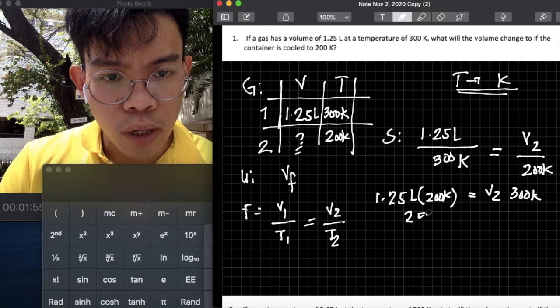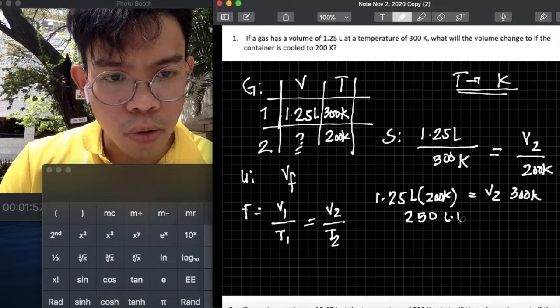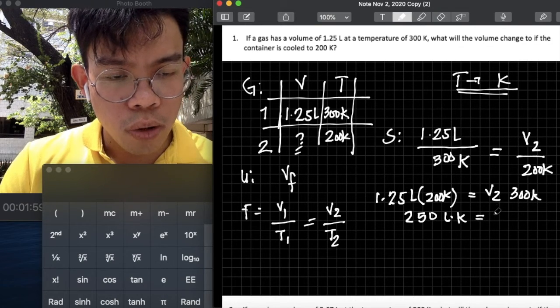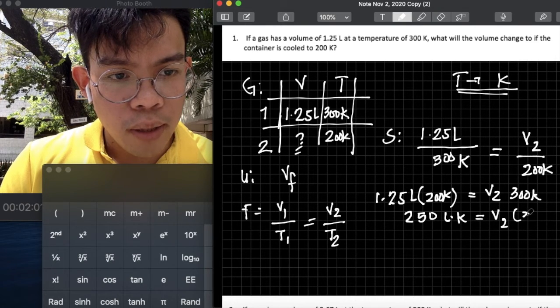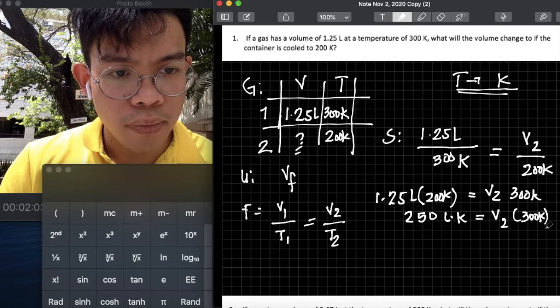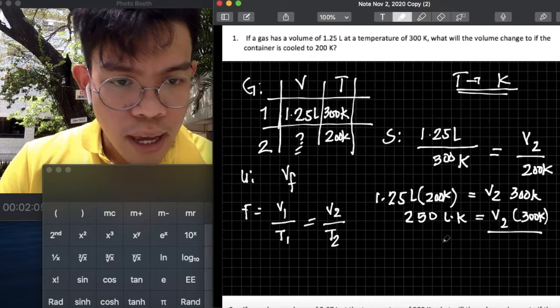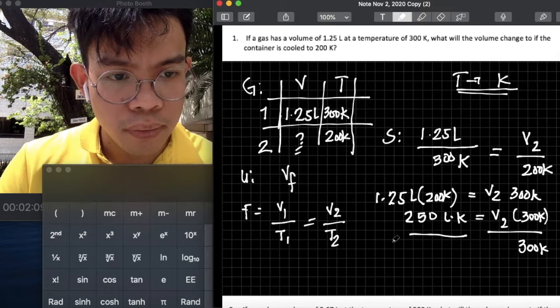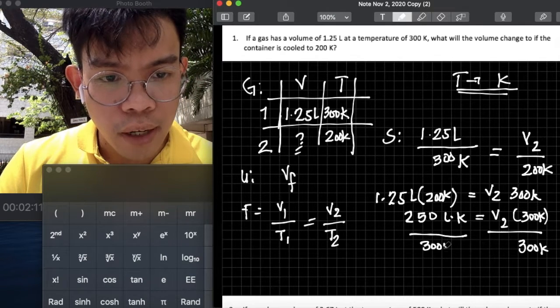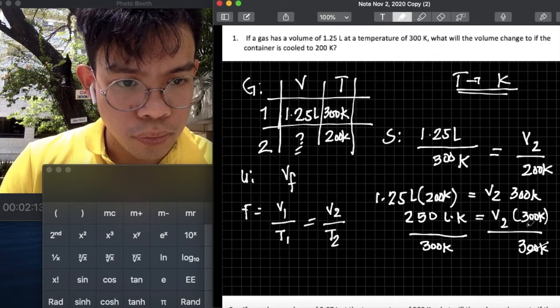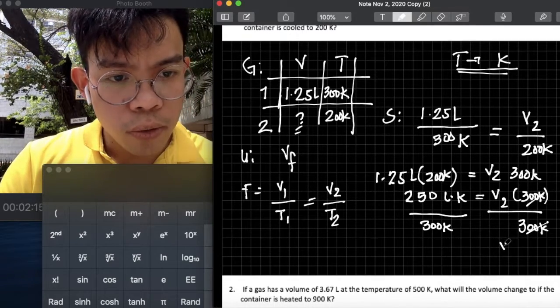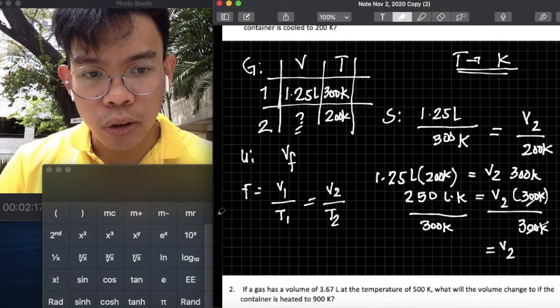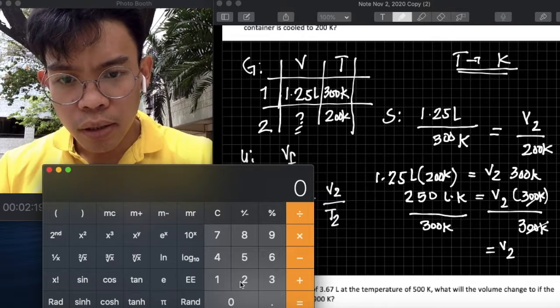So we have 250 liters times Kelvin is equal to V2 multiplied by 300 K. We need to divide both sides of the equation by 300 K in order for us to get the value of the final volume. Okay, so V2 is equal to 250